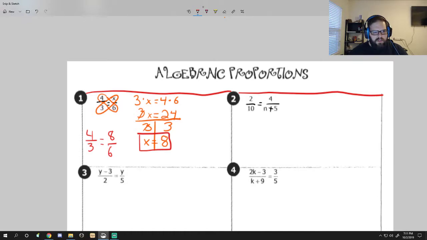Well, yeah, absolutely. So 4/3 is equivalent to 8/6. So anytime that we do one of these problems, one of these algebraic proportions, we will get the same answer here. And if we think about this like we were thinking about our slope, our rise and run,